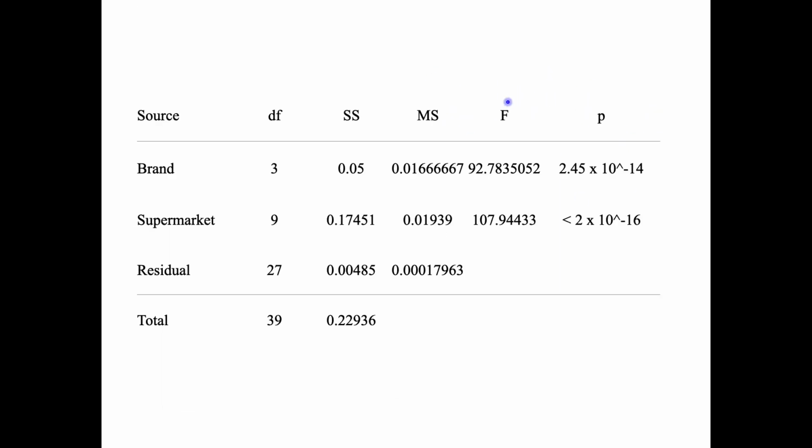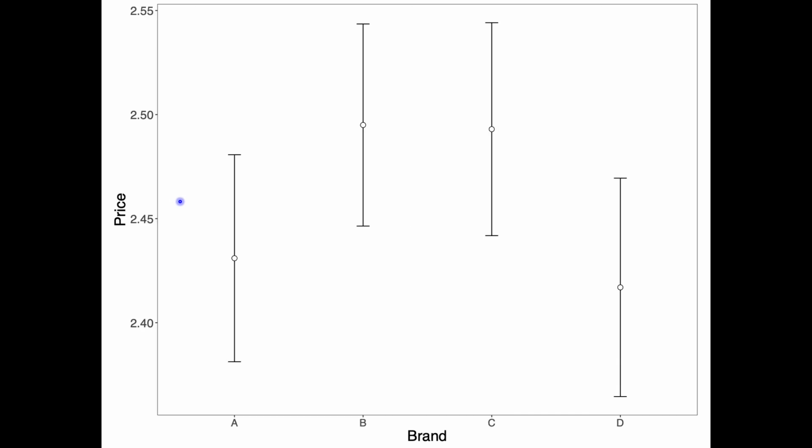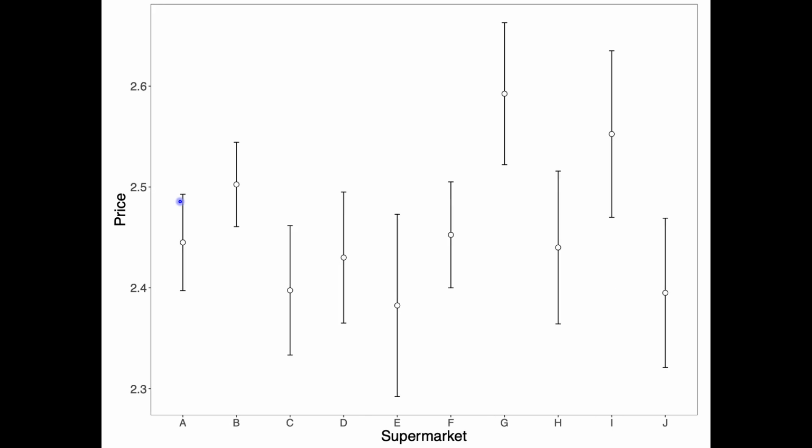And so when we look back at the ANOVA table, there was an effect of brand and there was an effect of supermarket. And you see this by looking at averages of brands across supermarkets. And you can see this in looking at the averages in supermarkets averaged across brands. And what you can't do is you can't get a sense of what the interaction is.